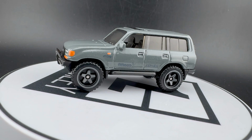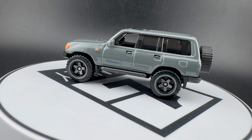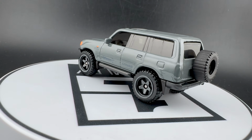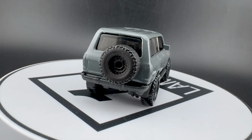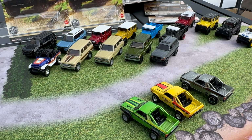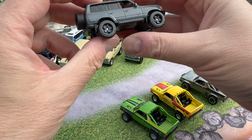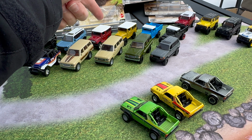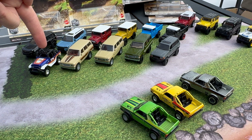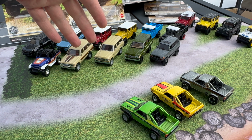This is another one I'd love to go premium, although it could go a little bigger, but I don't know. Maybe just do it premium. Does it fit? Is it too small? It might be a little too small compared to the 60 there, but I think that one looks cool. And yeah, it's a really nice casting too. I mean, look at this. This generation, that generation. We got the pickups, we got the off-road, we got the 60, we got the 80,